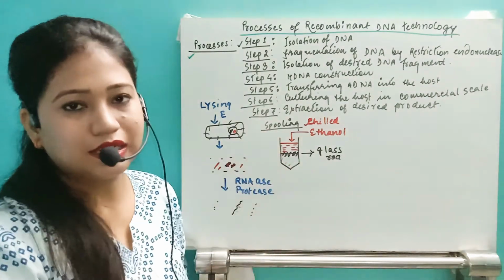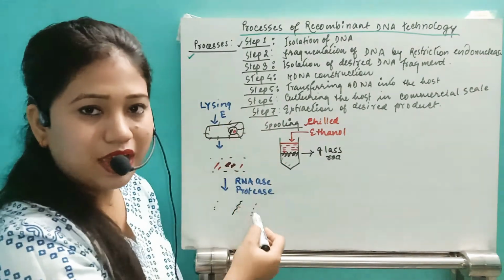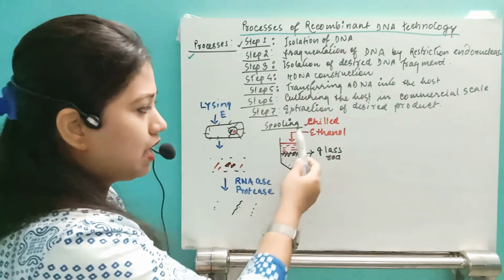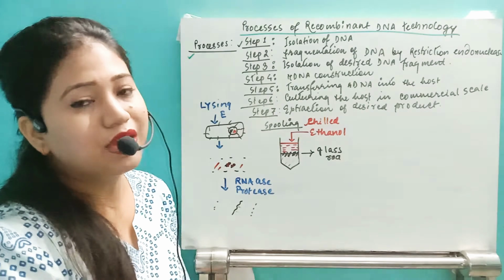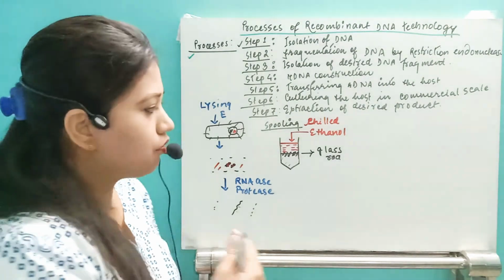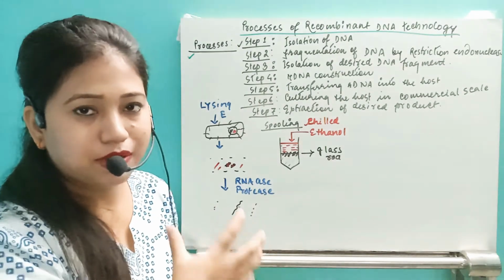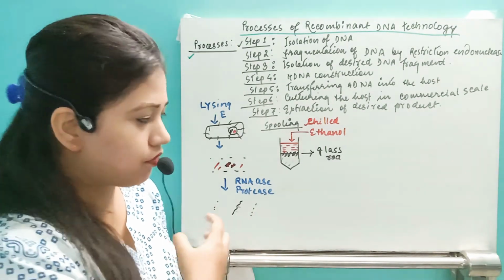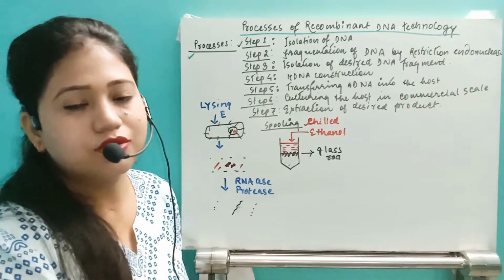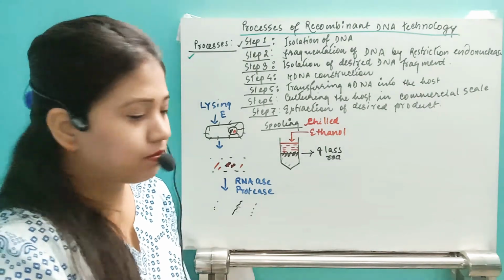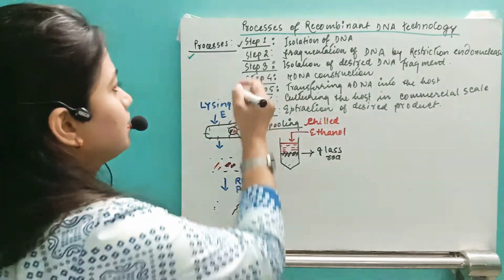So what is the spooling technique? The spooling technique is nothing but, after applying all these enzymes, we add chilled ethanol so that the DNA fragments can be precipitated and we can separate the DNA fragments from the mixture of chilled ethanol and the cytoplasmic content of the cell. So this way we have separated the DNA fragments. Now after separating the DNA fragments, how can we get the desired DNA fragments? So we will have the next step.